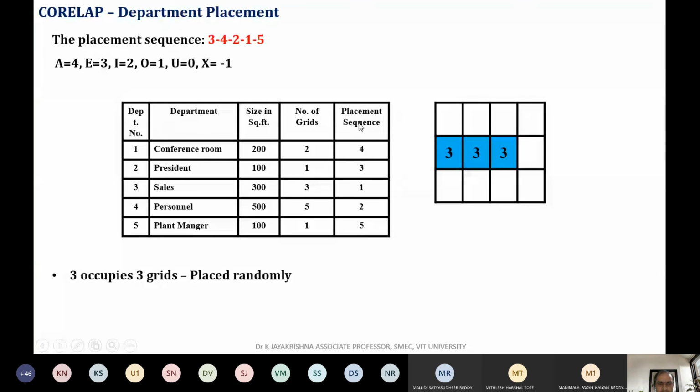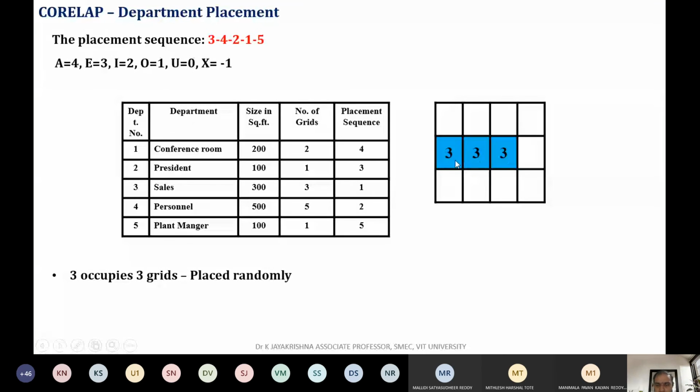And the number of grids is 12. When I asked you, you told me to have a 4 cross 3 matrix or a 3 cross 4. But 4 cross 3 will be flatter than 3 cross 4. That's why I told you to keep the matrix as flat as possible. Matrix here I mean the grid or the company's layout. Correct? And the rule is to start from the middle of the matrix, the grid or the layout, and move towards the western side. So if this is the east, this is going to be your west. You know what is east and west, right?